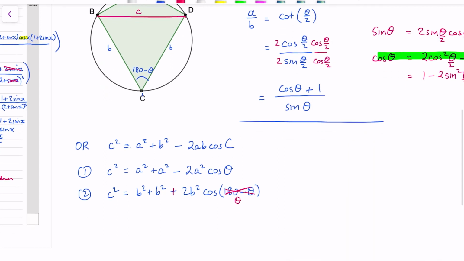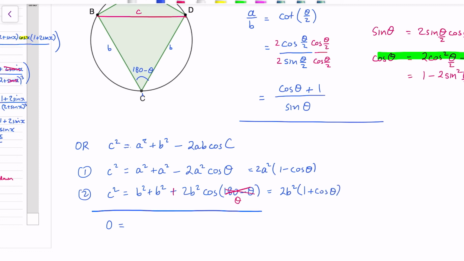Okay, and then subtracting these equations to eliminate the c. So I've got 0, checking, this is a squared times, no, it's 2a squared times 1 minus cos theta, and this one's 2b squared times 1 plus cos theta. So if I subtract the equations,